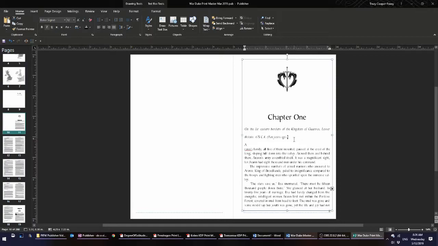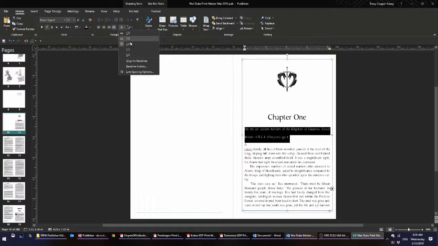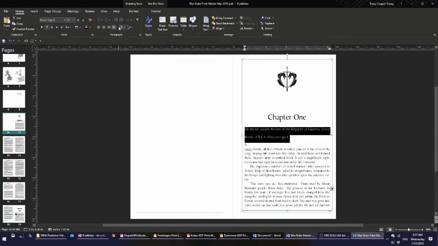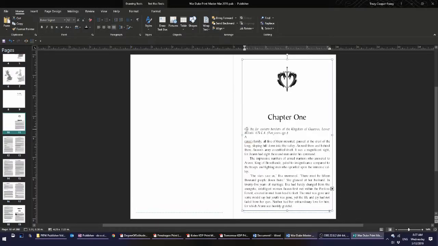One of the other adjustments I need to make here is that my byline is double spaced, which I don't want. So I'm going to go into paragraph spacing, sorry, I'm getting ahead of myself. I go into paragraph spacing and change it to single line instead of double line, and then it sits as it should. I also am not very happy with the spacing underneath it, so I'm going to change that